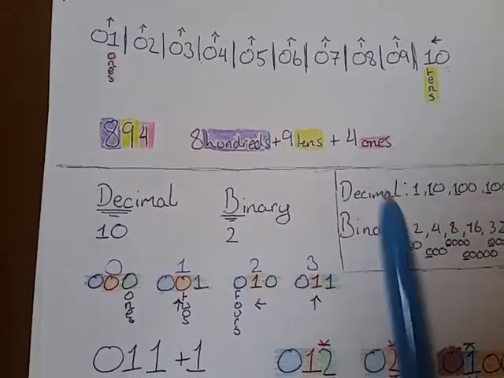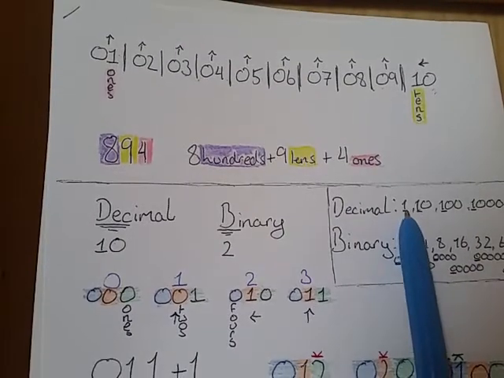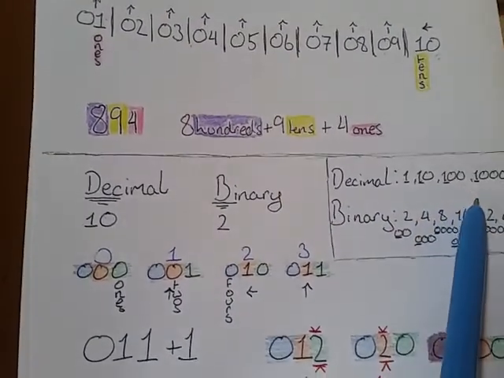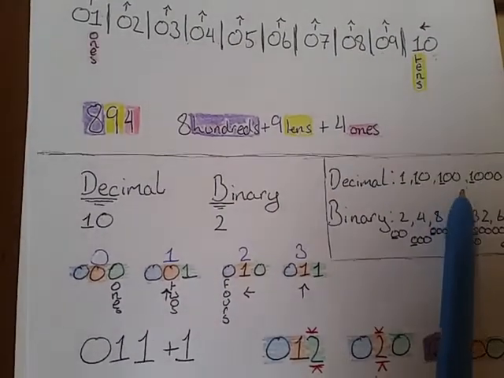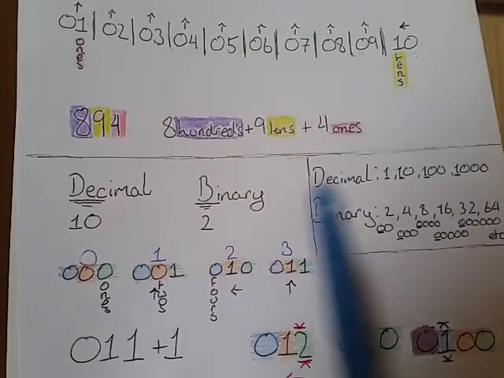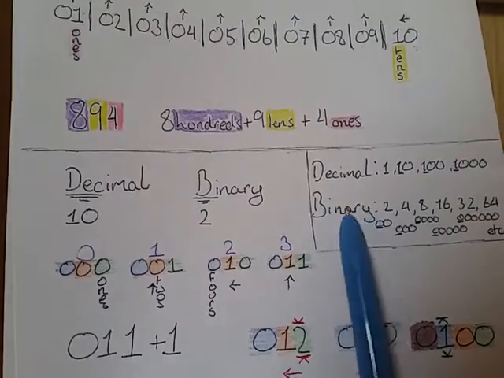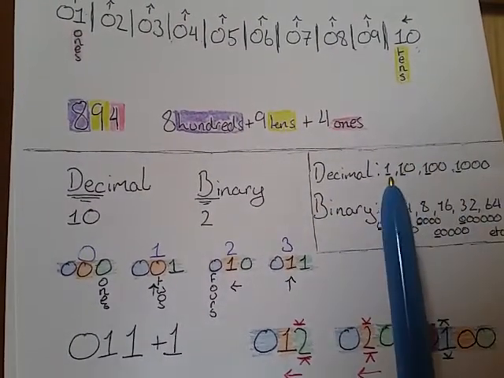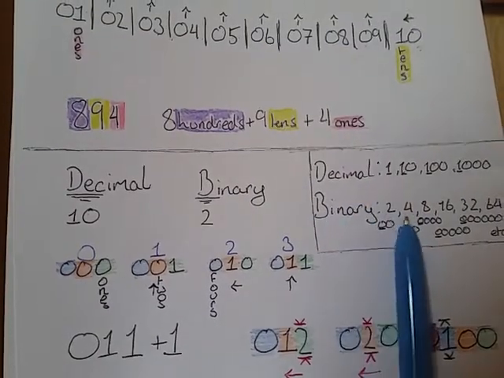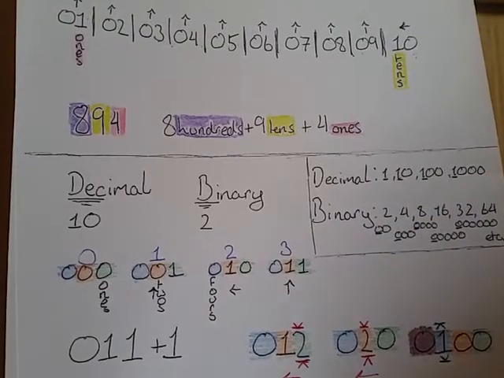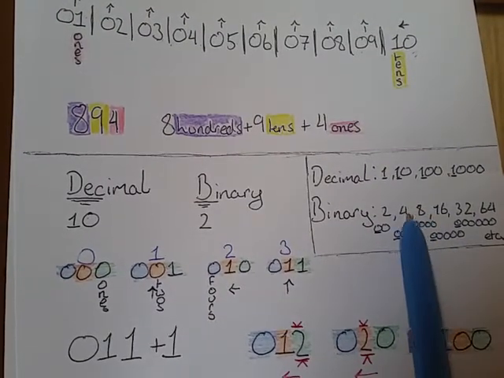Now let's talk about binary. In decimal, first place is the ones, second place is the tens, third place is the hundreds. I don't know if you can see that. Yeah, you can. Fourth place is the thousands. It multiplies by 10 each time. I don't know if you noticed. In binary, it multiplies by 2. First place is the ones, second place is 2, 2 times 2, third place is 4, 4 times 2,